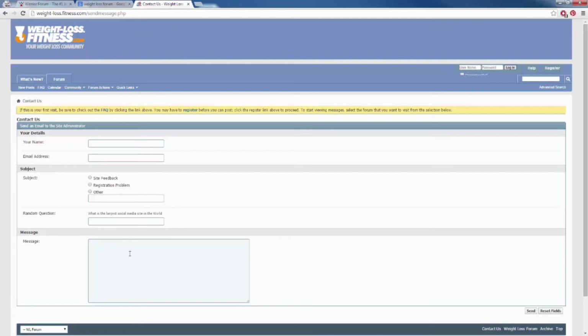Try to reach out and see if they have a Skype or a Facebook that you can talk to them through. It's a lot better than filling out forms, asking for Skype information or Facebook information, or a personal email, so you can have some kind of direct line of communication. Get an introduction from the administrator, introduce yourself. It's all about building your relationship with the forum owner, okay?